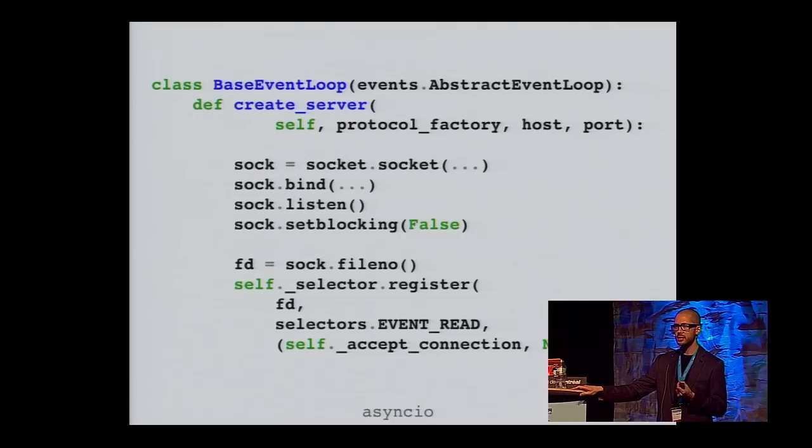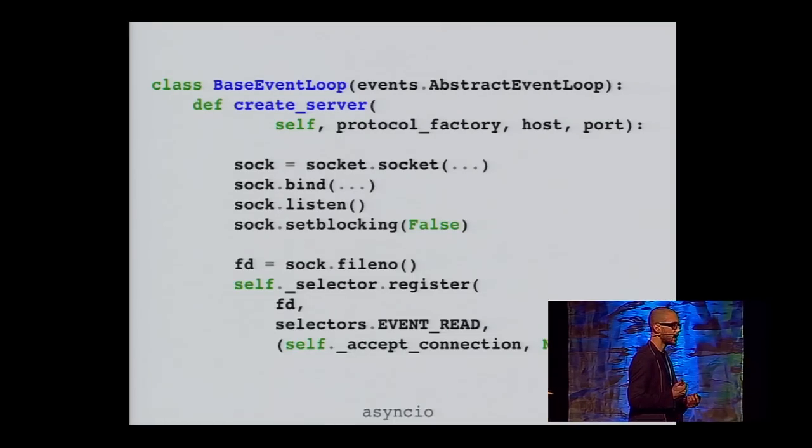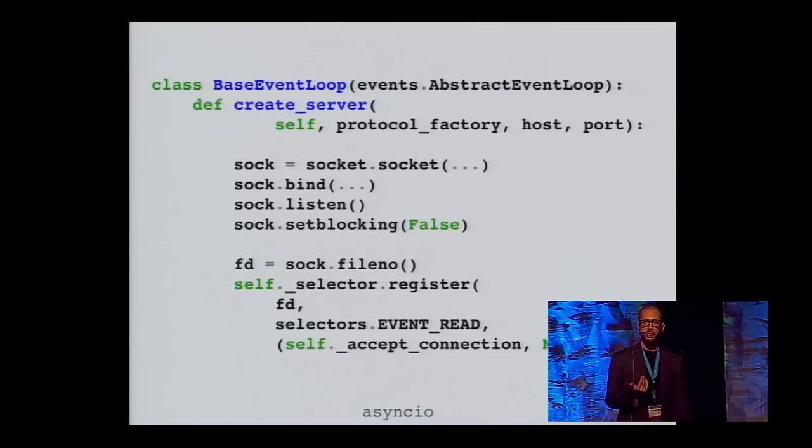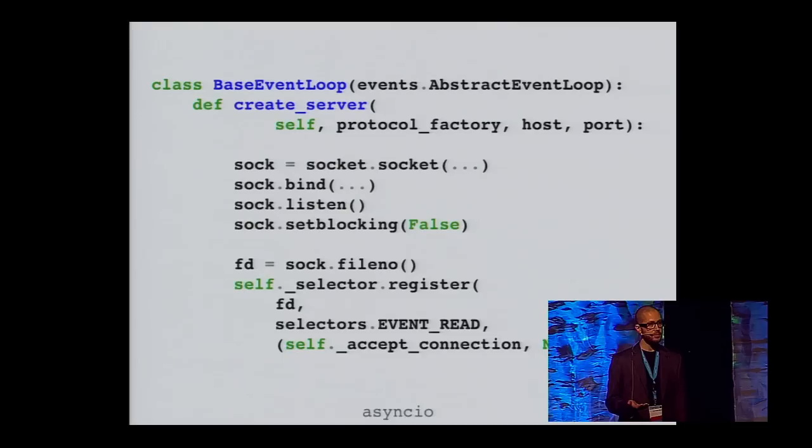Making a socket non-blocking means that all operations we attempt on the socket are either going to succeed or fail instantly, but they'll never block. So whereas on a normal socket, you would call sock.receive to ask for some bytes, and if there aren't any bytes waiting to be received, then you block. With a non-blocking socket, under those circumstances, we would raise an exception.